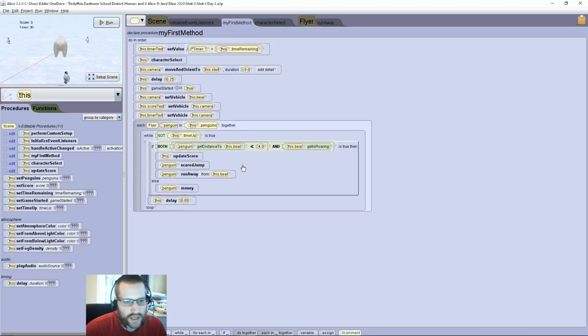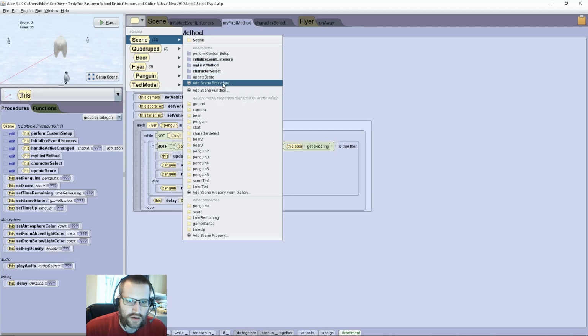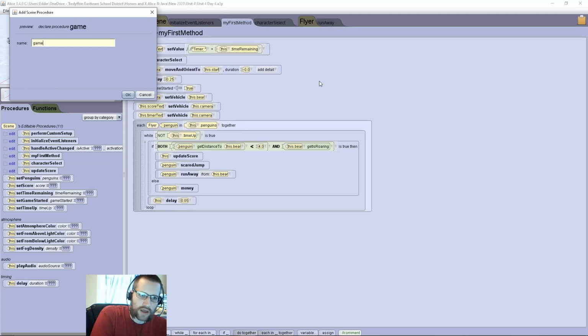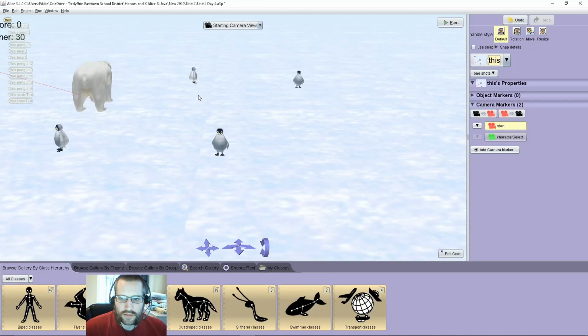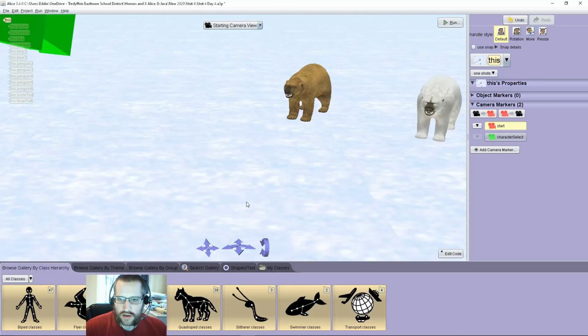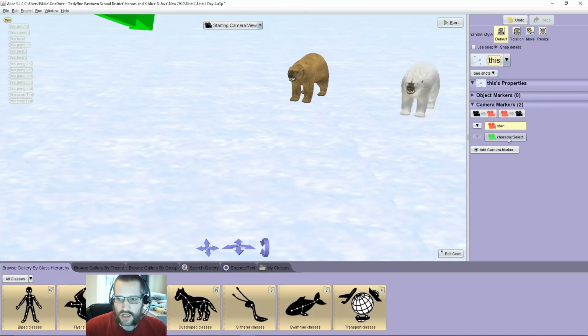But let's go ahead and tell the user, let's report that, hey, the game's over and this was your score. So what we want to do now is create another scene procedure, sorry, that is game end, or maybe game over. All right, and so I'm going to go into my scene and, just where I went over to my character select, I'm going to use the same camera marker here